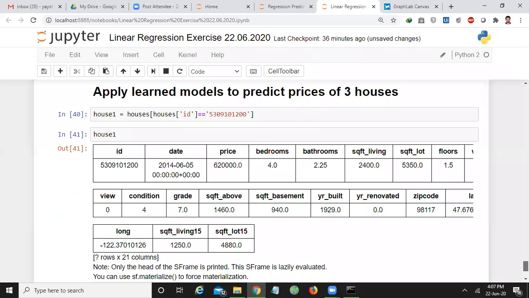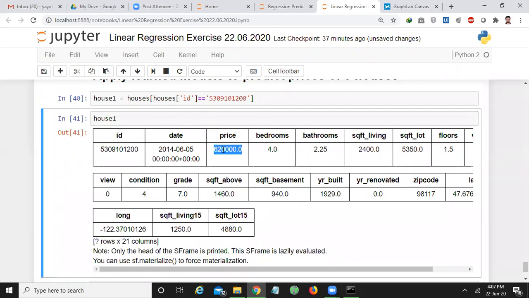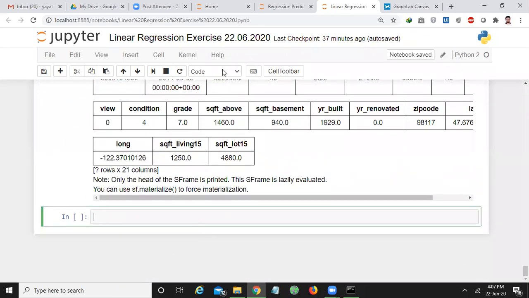First, let us check the price of the house. How much is the price? 6,20,000 US dollars, with this ID. Now we are going to predict the cost for this. Let us print the actual cost first.